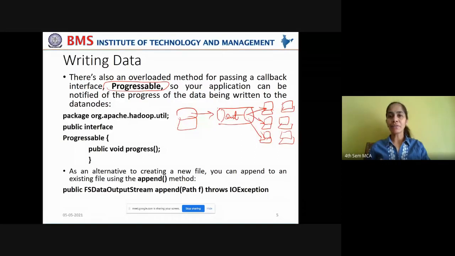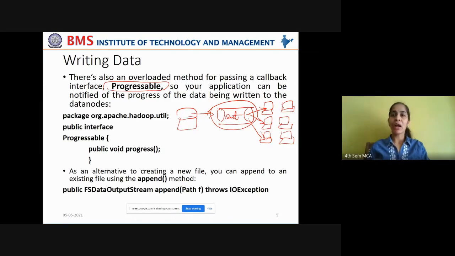When the data is being read from an input output stream, from log files or client machine or user machine, from wherever the data is being generated, that will be first read into the output stream, and then written onto various data nodes in fragmented form at block size. Now, what is the progress of this write task?